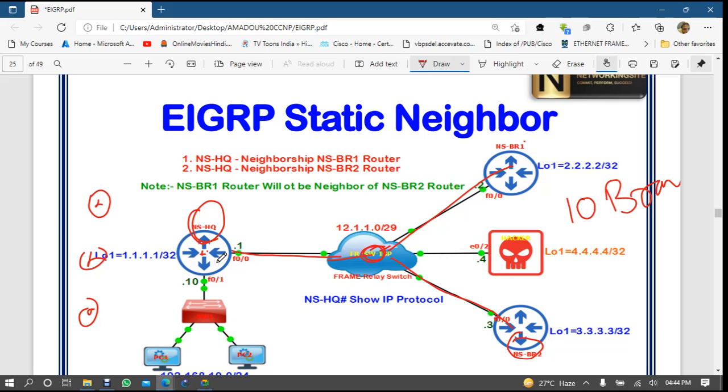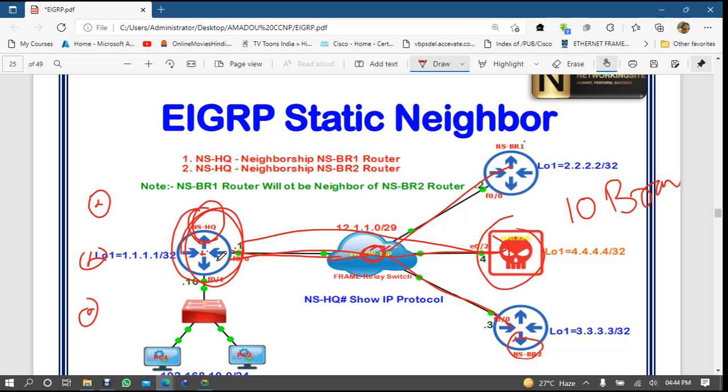But when you are connected with the ISP and a hacker is also connected with the ISP, whatever network you are sharing from here, the hacker can also get the EIGRP update, right? So you will say okay, let's enable a password, security authentication. There are many things you have to configure, right?